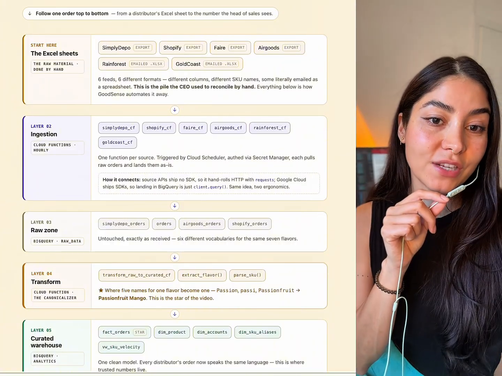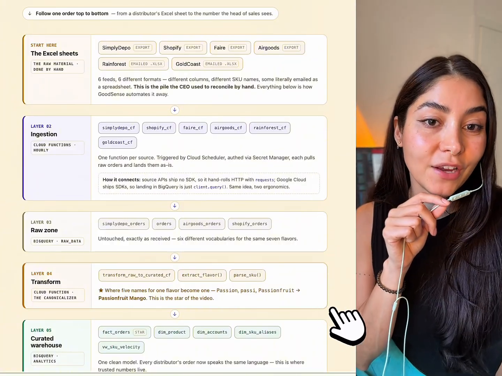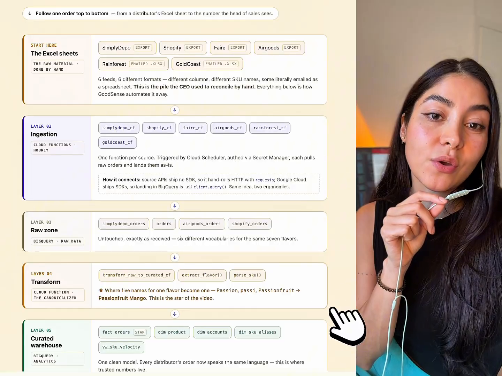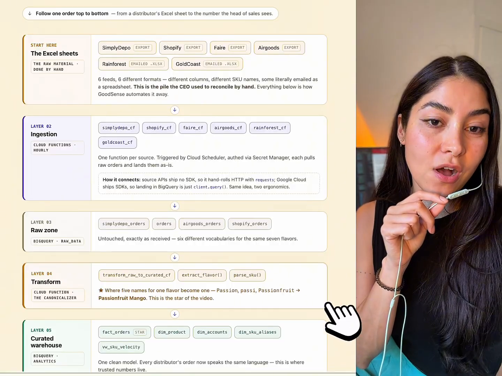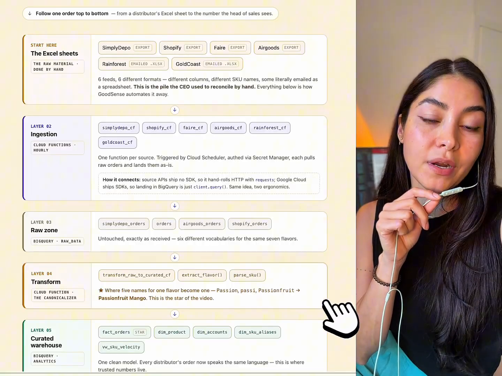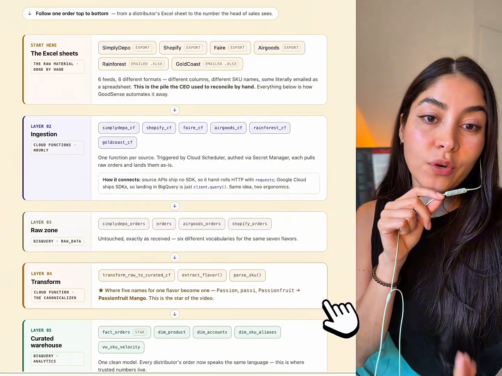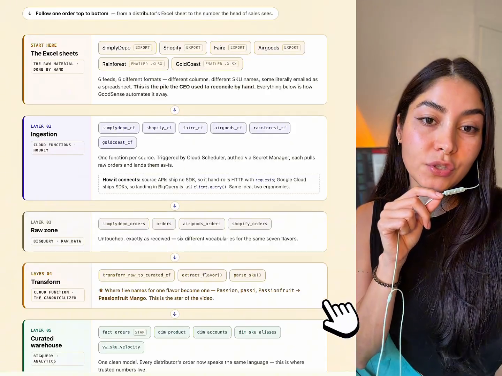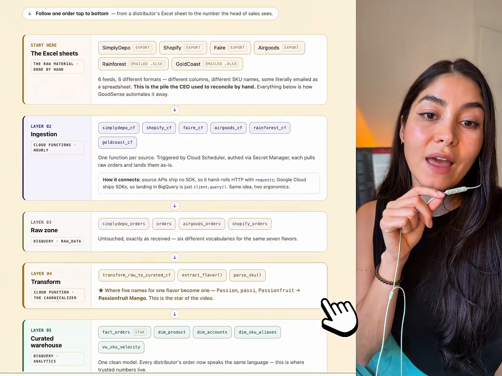A big part of the architectural decision was mainly in layer 4, which is the transformation. So this is actually the layer that has caused the most pain points as a developer, because it is where we're supposed to standardize all of the SKUs and the accounts and the wording that comes from all of these